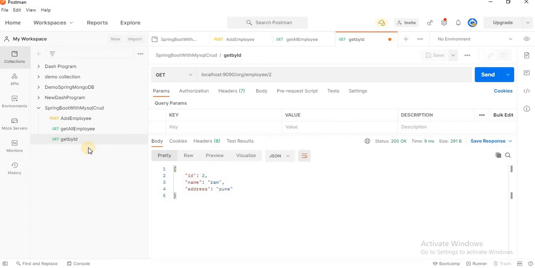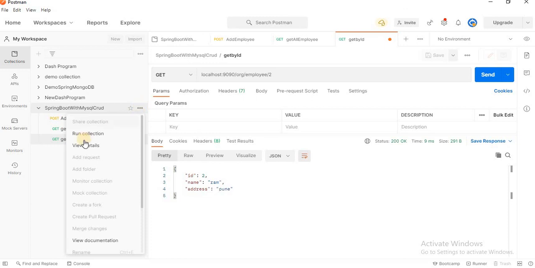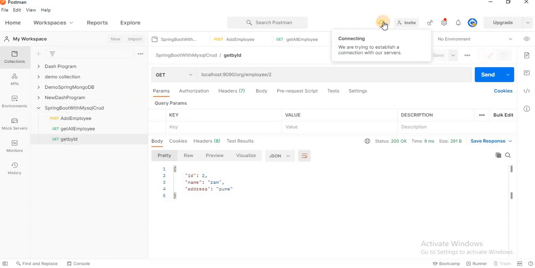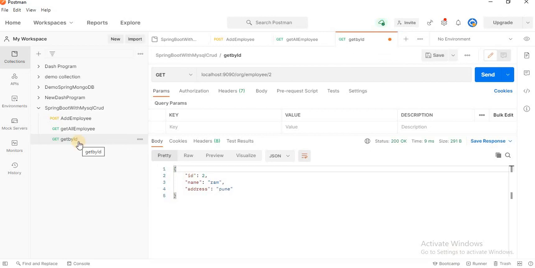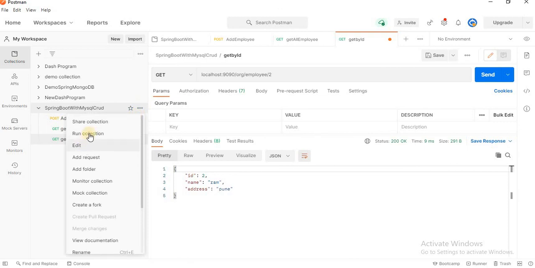Now we will perform an update operation. That's why we have to create one more request. Okay, I think the internet is gone. We have seen add employee, get all employee, and get by id. Now we are performing the update employee.